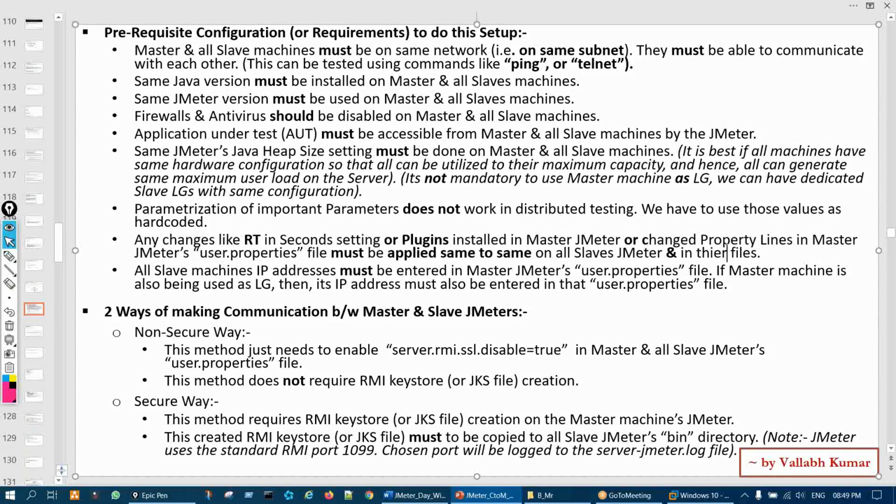So suppose we have done some changes on master. Till now we are doing everything on master. So we have done some changes in the user.properties file. Some line changes we have done. We have done one change for the response time in seconds, correct? In that dashboard file, we have changed. So all these things should be done on the slave JMeter also, and in their files. Plus, if you have any plugins,